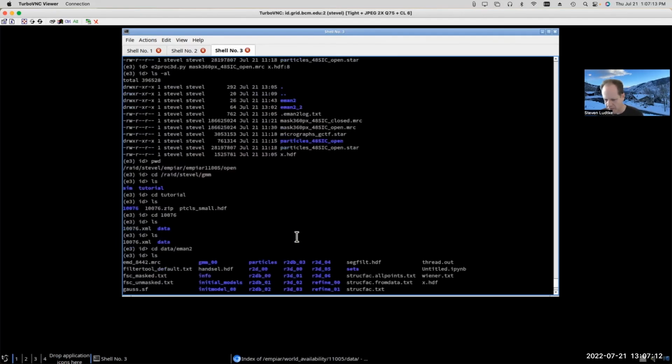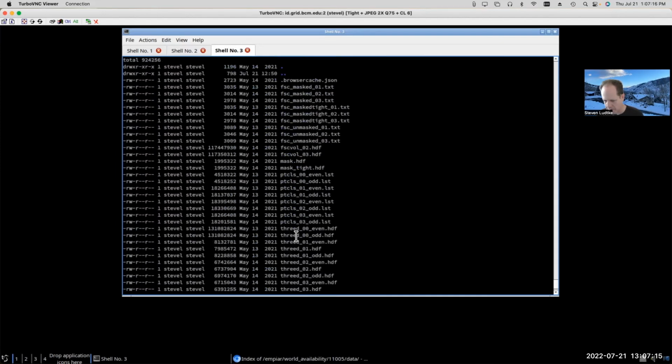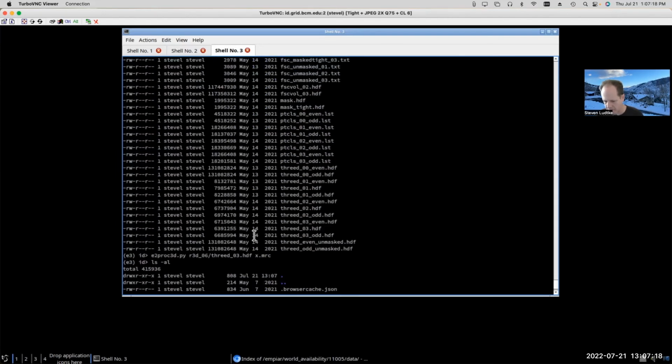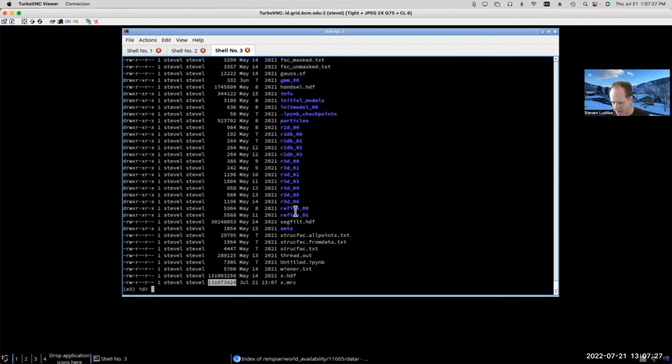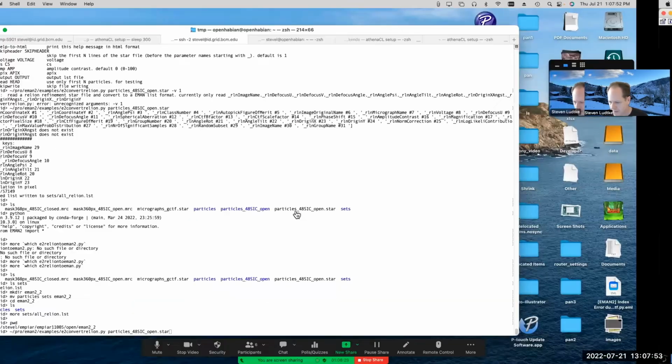So this is actually an extremely useful disk space saving tool, which means that you can basically keep all of these intermediate files that you otherwise might have decided to throw out to preserve disk space. And if you email that to someone and they say, oh, I don't have EMAN to look at it, I want to look at it in something else, well, Chimera can directly read the HDF file, so you wouldn't have to convert it for that. And if you need to convert it back to MRC, as long as they have EMAN2 installed on the machine, they can just run e2proc3d and convert it back to an MRC on the other end.